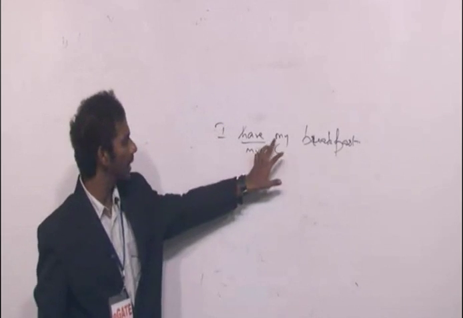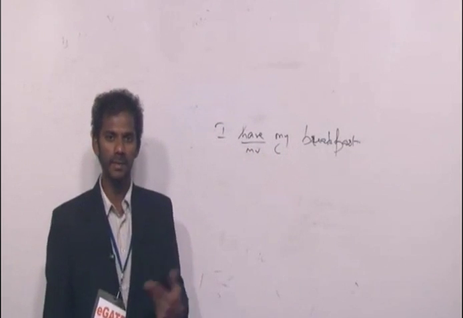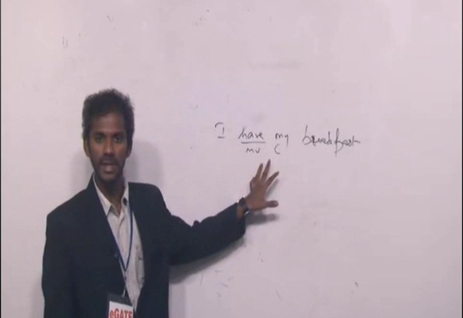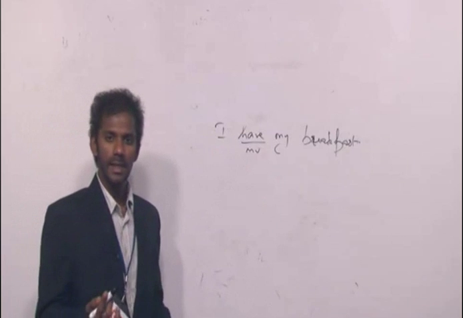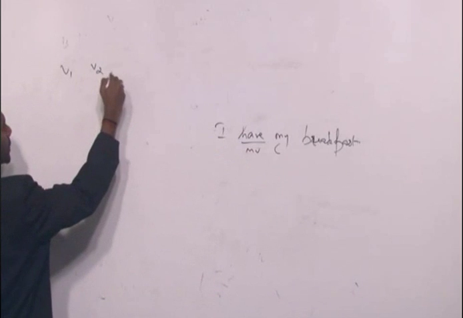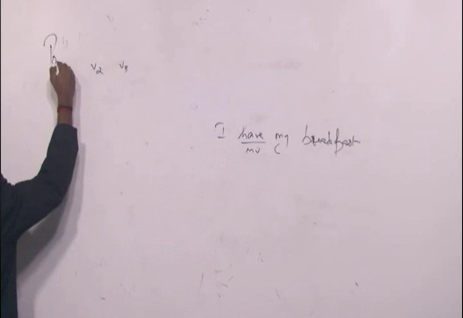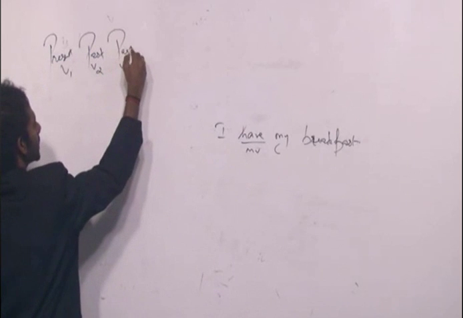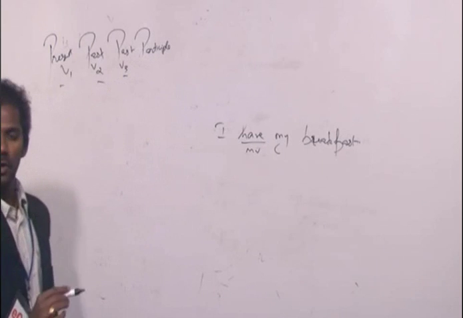because we don't have any main verb after have. Clear? Main verb is an action. Any action can be termed as a main verb. Now in this sentence, we don't have any main verb after have, so have is termed as a main verb. Clear? Right. Now, as we discussed, all main verbs have three forms. And the three forms are V1, V2, V3. These are the three forms of every main verb. V1 is the present form, V2 is the past form, and V3 is the past participle form. So these are the forms of every main verb.